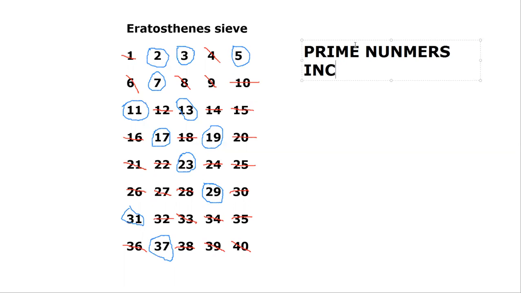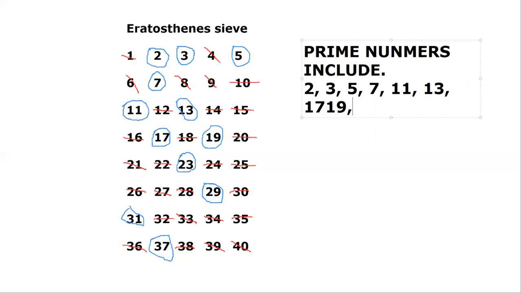Now we have 2, 3. Let me bring my comma. 2, comma 3, comma 5, 7, 11, 13, 17, the numbers that you have circled, I'm listing them, okay? And then 13, 17, 19,